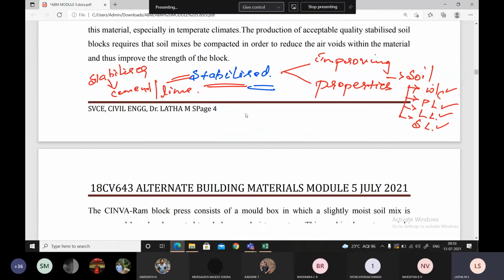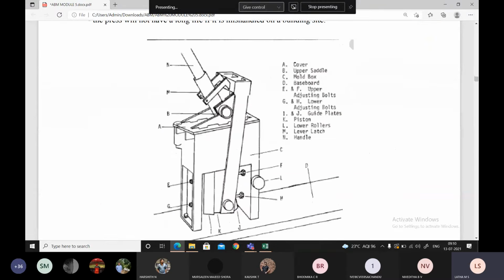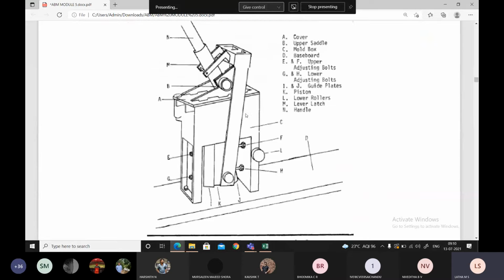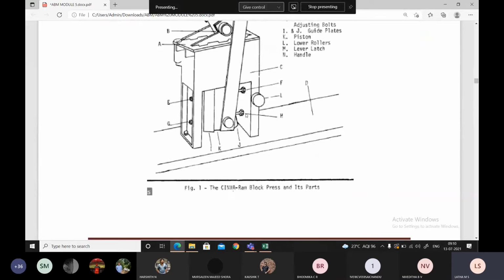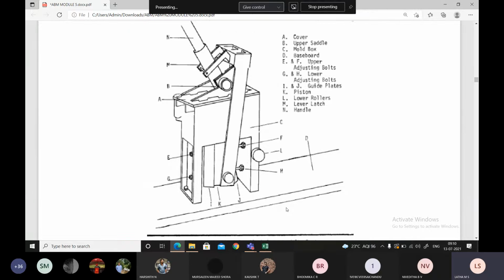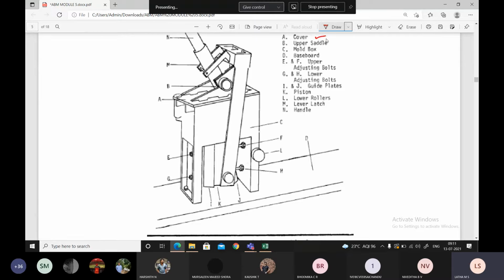Before going into the equipment, let me show a picture. This is a very old type of image. What I got is the Sinvaram block press, the first block press that was invented. This is a type of block press we can see. It has many accessories, labeled A, B, C, D, E, F, G, H, I, J, K, L, M, N, O. A is the cover, the lid, then the upper saddle, the mold. You find the different parts of the